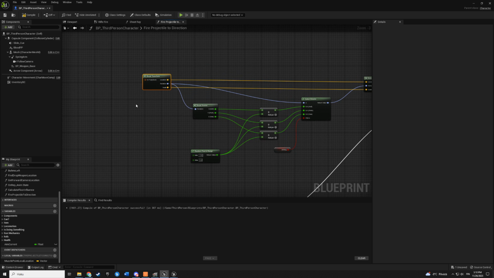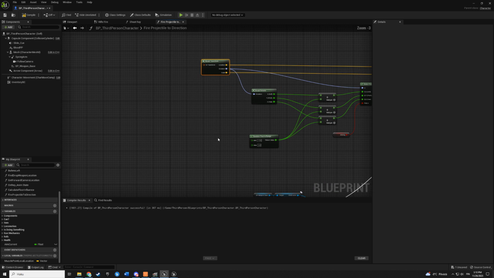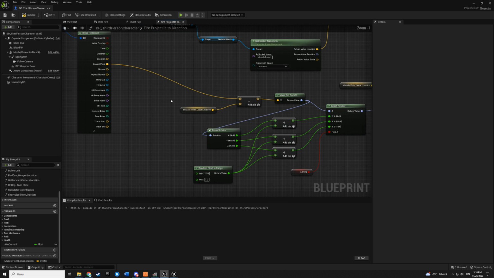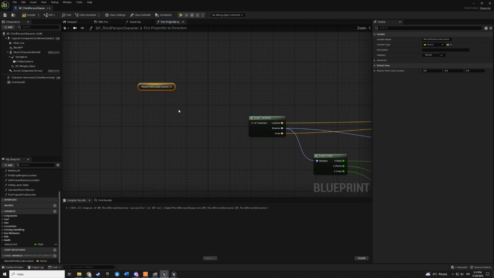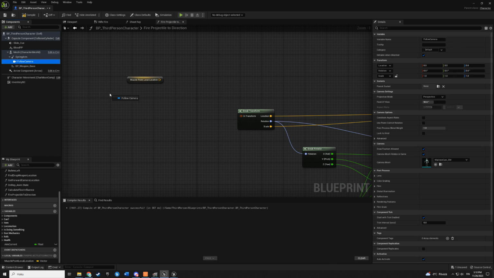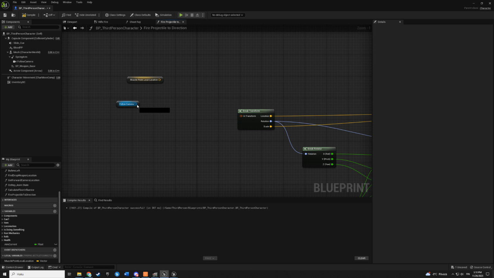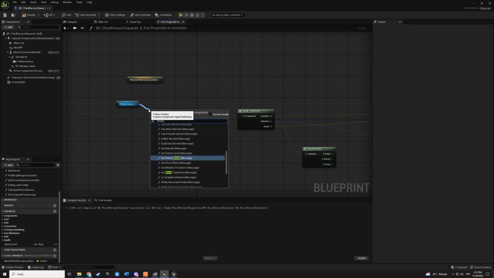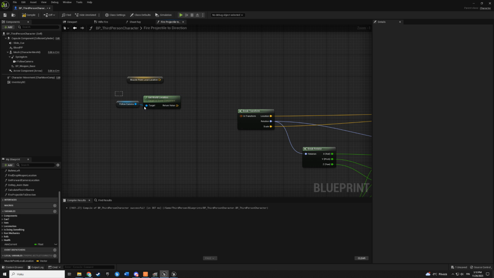And now we need that transform. So we need that bullet point location again. Let's make this here. Then we need our follow camera location. What is world location? Get world location. Yeah, this one.